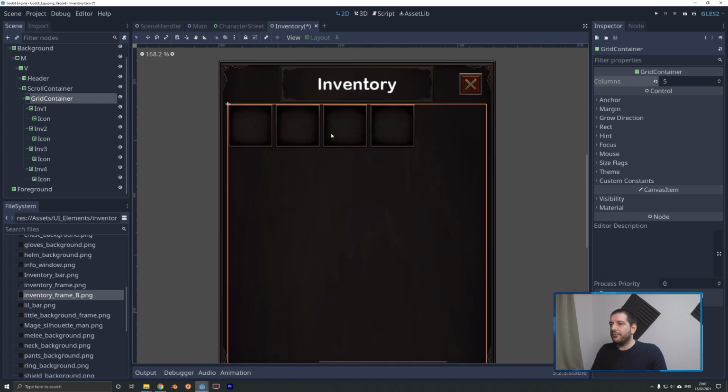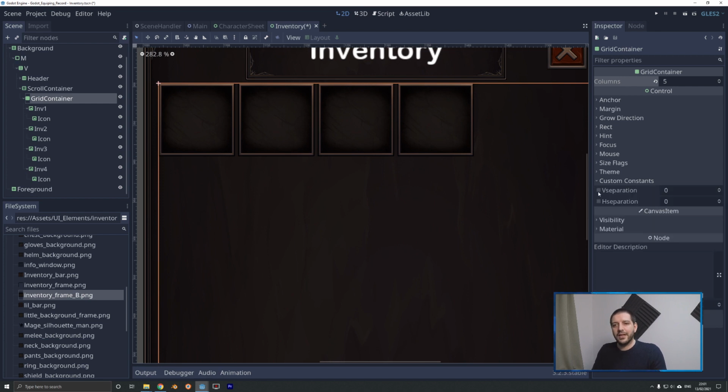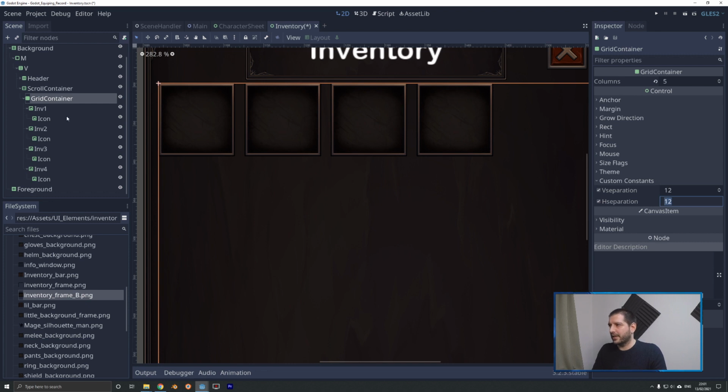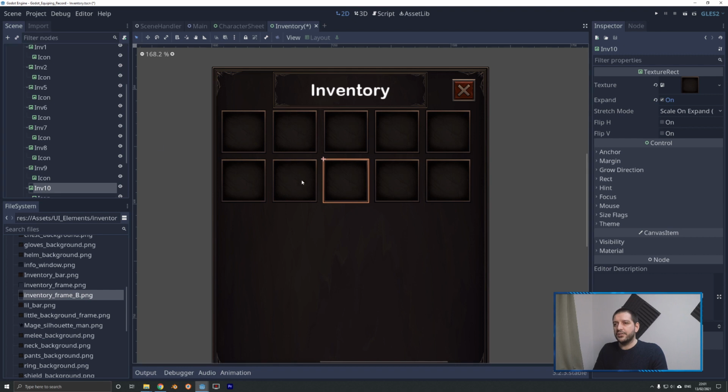Now with that done, I think that these slots are really snug. They're really cuddling up to each other, and I think that doesn't look that good. So I'm going to add some custom constants, and I think 12 will look just fine. Now, with that done, we can add a couple more of these, and as you can see now, it starts